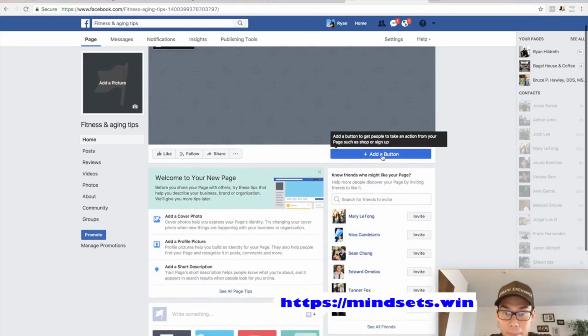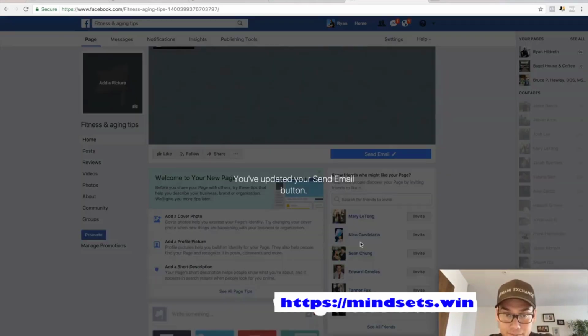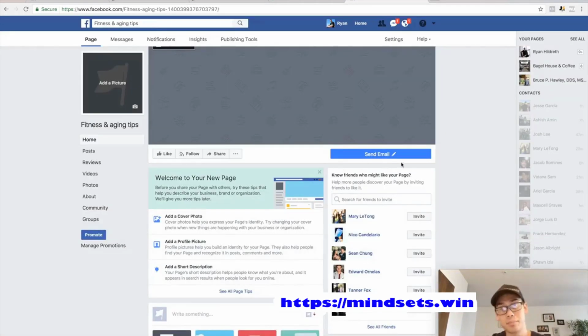and we can add a button right here that gives us emails. So people could send us email. We can add that button, and boom, we've updated our send email button, because what we want to do is get people interacting with us. If they send us an email, we could throw them on our email list and then automate our affiliate sales to those people. So this is how to do it. You set up your site, put your pictures in, not very hard,